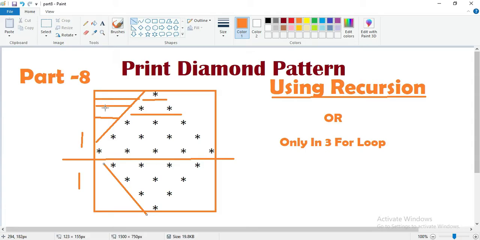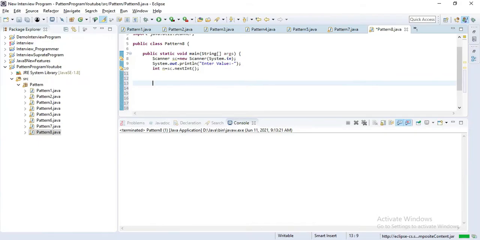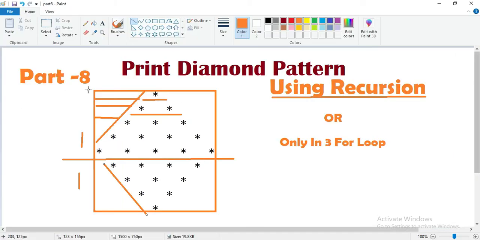Now we have to print the first half of the pattern, so let's create a for loop for that: int i = 1, i <= n, i++. This for loop is responsible for printing the rows. It prints these 5 rows.